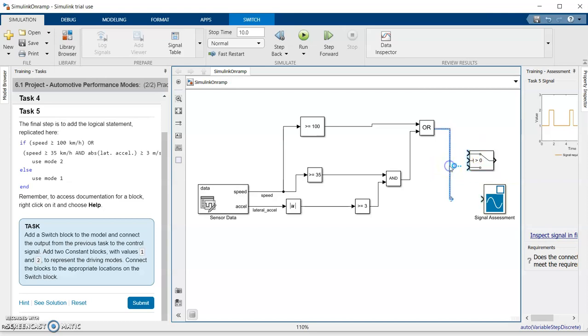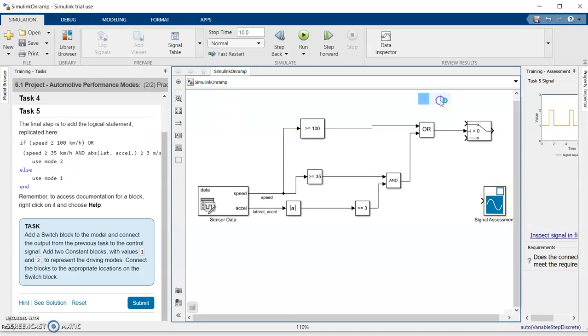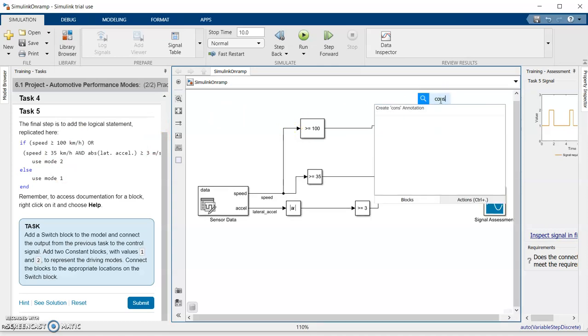So the output of our logical signal should be connected to this point on the switch block. If our output is 1, then we should get mode 2. And if our output is not 1, then we should get mode 1. So we'll add 2 constant blocks for this purpose. Again I'll double click here and type constant.